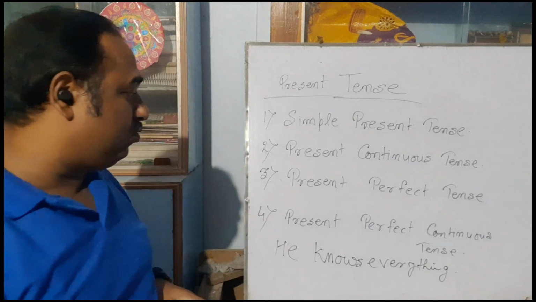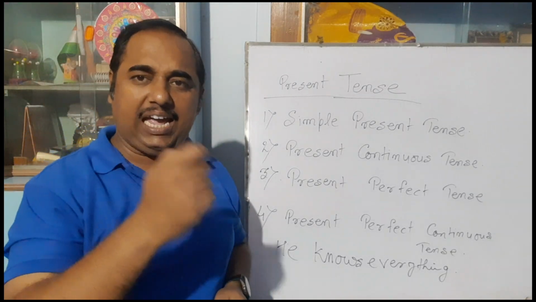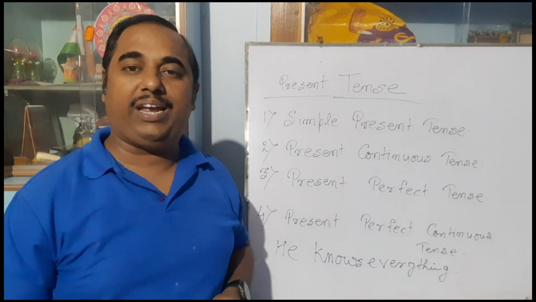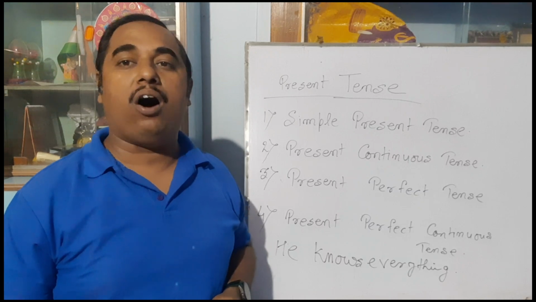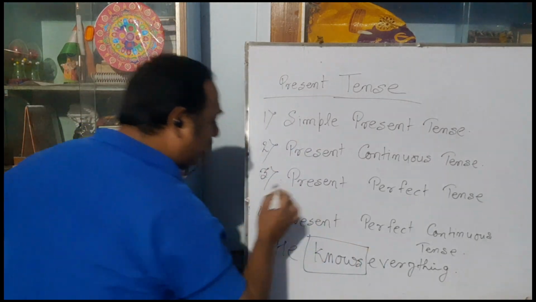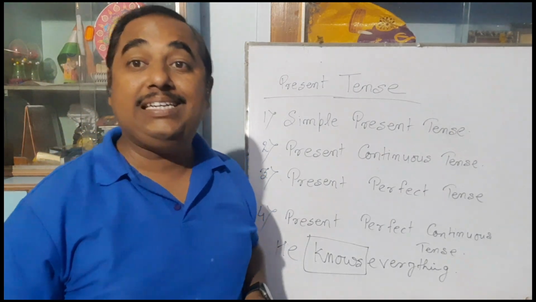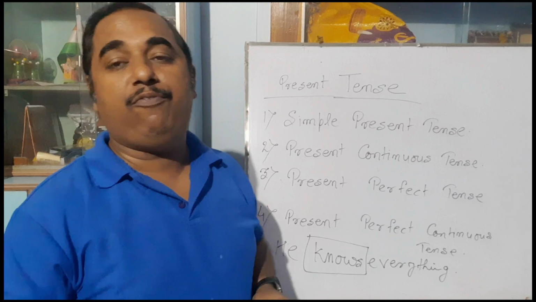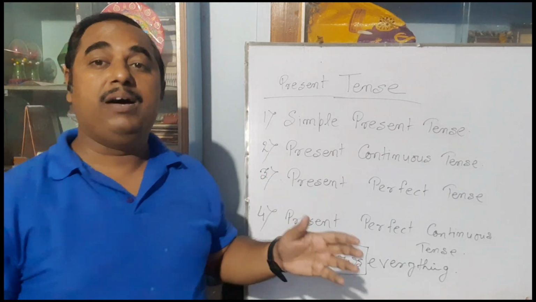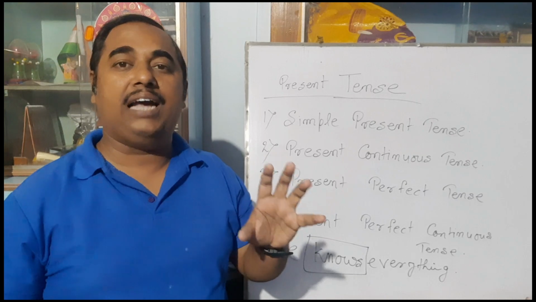If you want to recognize the name of the tense of any sentence, you have to see only the verb and the helping verb. If you see the helping verb and the main verb, with that only you can recognize which